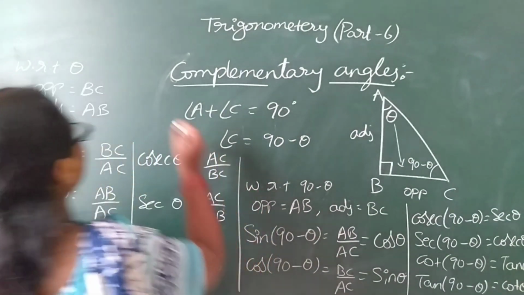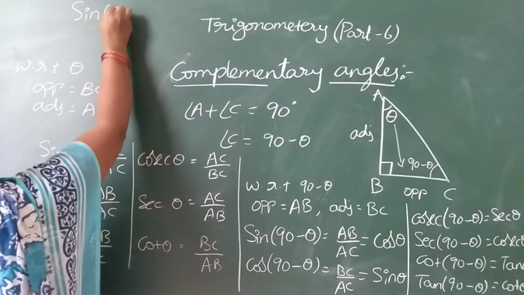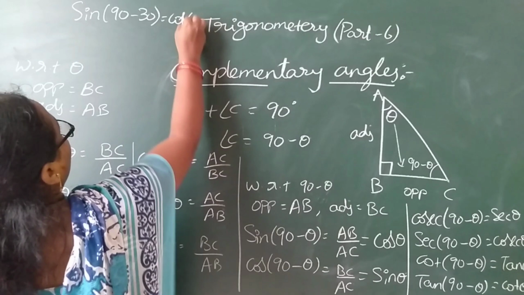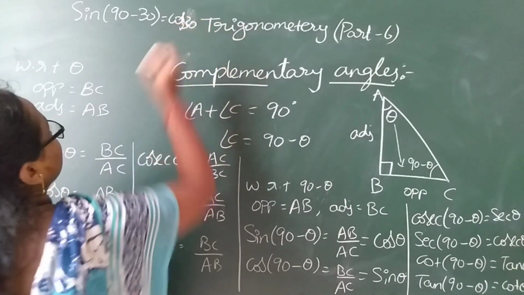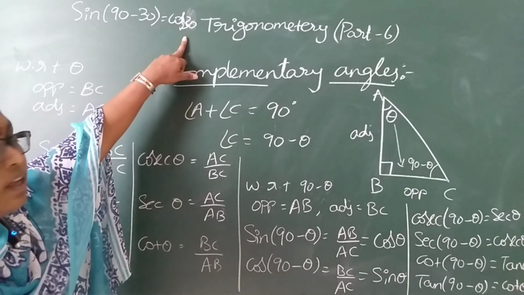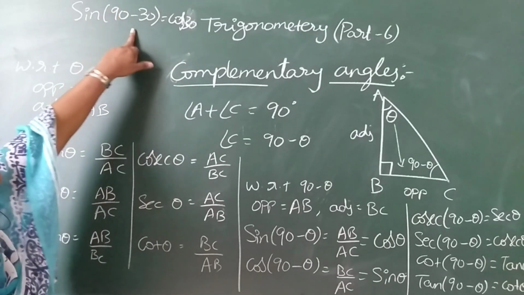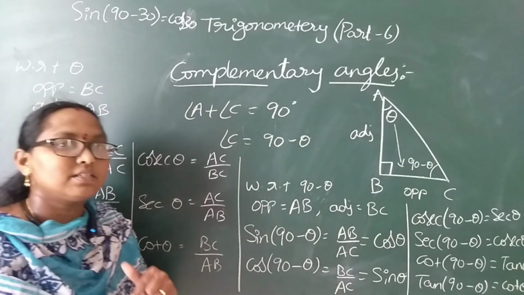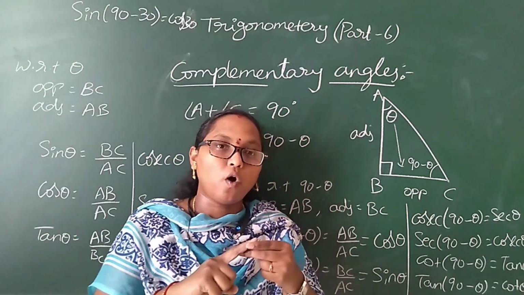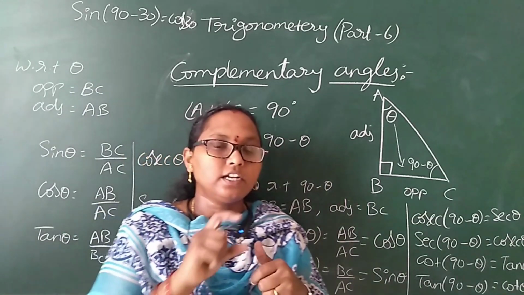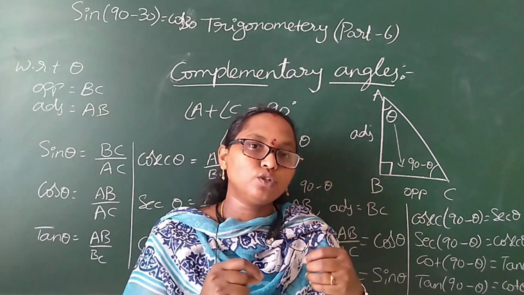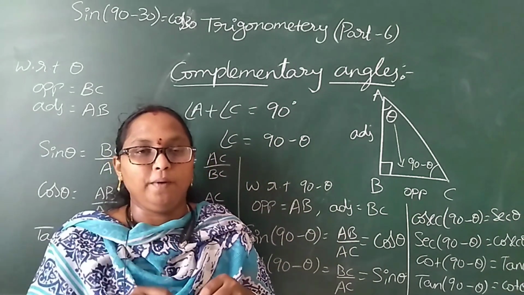So that's nothing but, I'll just write, sine 90 minus 30 will be equal to cos 60 or cos 30, you just check it. Sine 90 minus 30, so cos 30 will be equal to sine 60. So 30 plus 60 is 90 degrees. So sine cos table values you check, tan cot table values you check, cosecant and secant table values you check. When you check it, what will be equal? Their complementary angle values will be equal in trigonometry, the ratios.